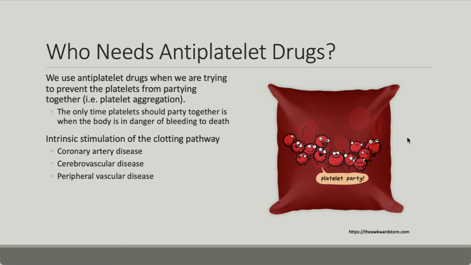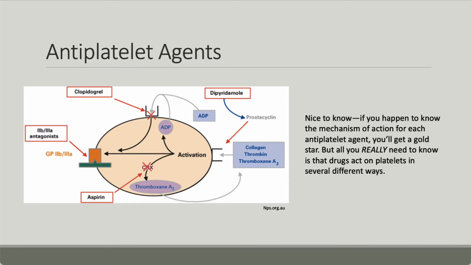Antiplatelet agents we're going to start with. We know that anybody in whom there is a higher risk of cardiovascular event, whether it's coronary artery disease, cerebrovascular disease, or peripheral vascular disease, these patients are at risk for this white clot formation, which causes heart attack, stroke, or limb ischemia. We have different platelet agents that we can use, and we're going to talk about a few of them, not all of them, but a few of them, because they're very frequently used, and you need to know what some of them are. They also work in different ways, all right?